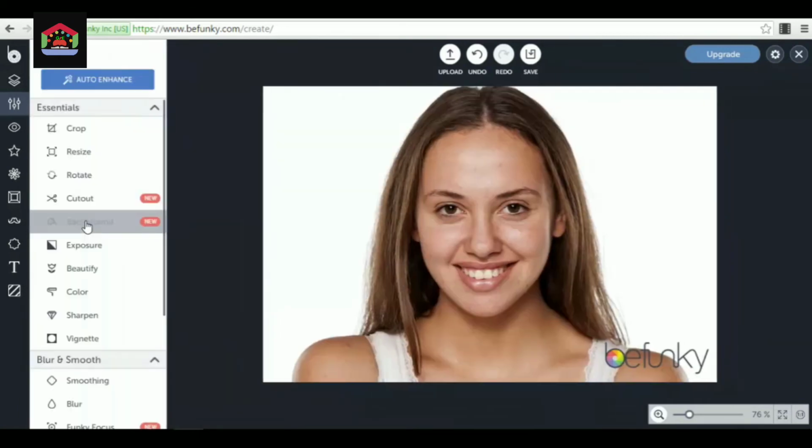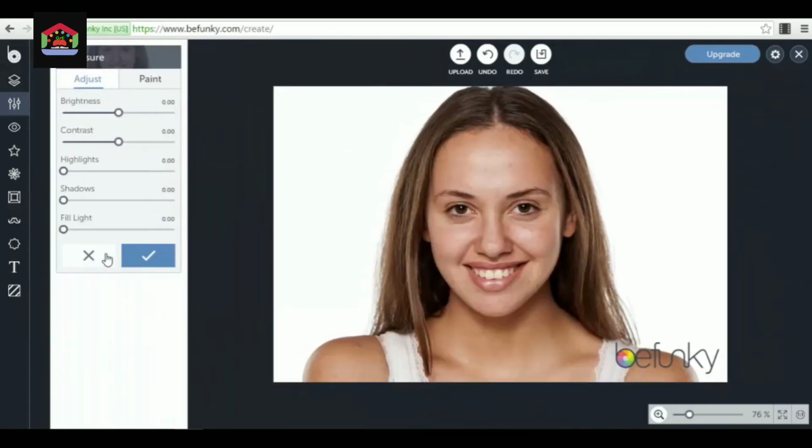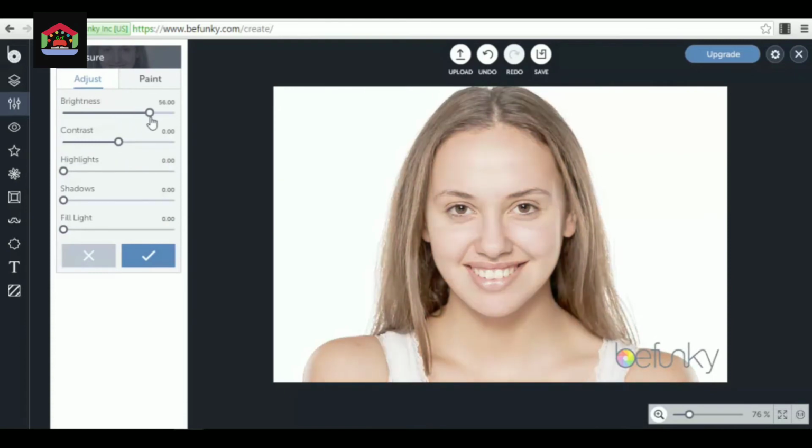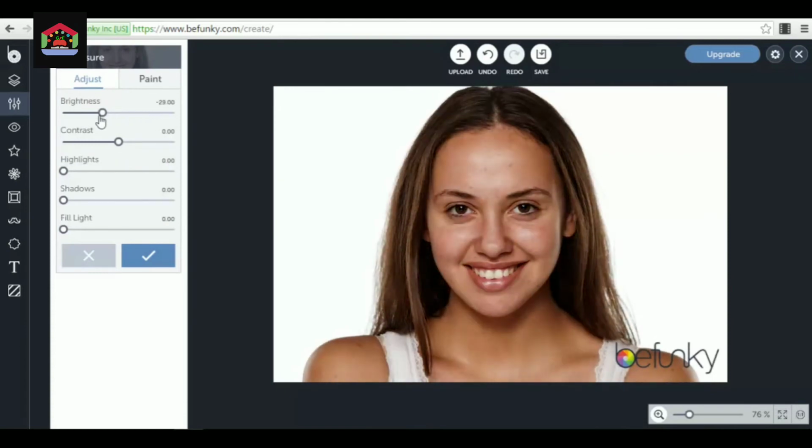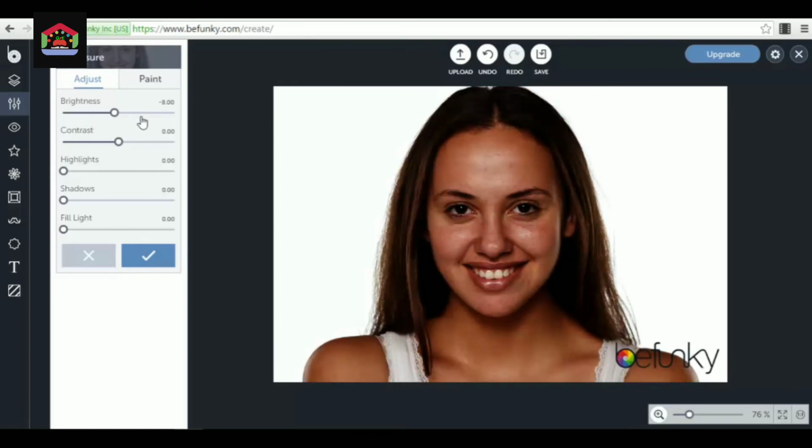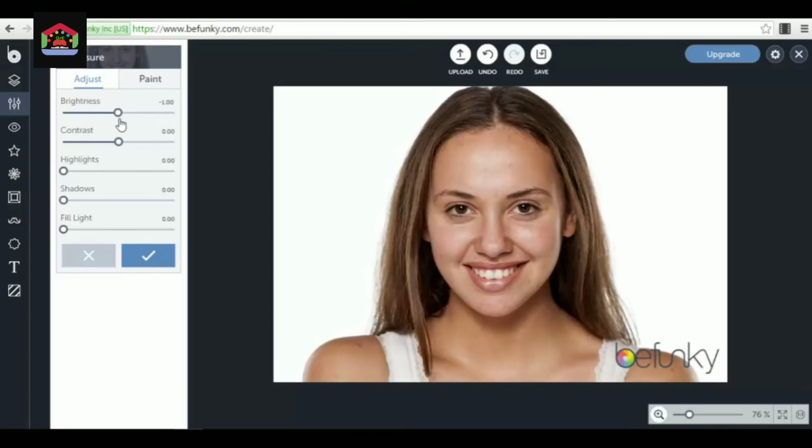Okay, then you can select the exposure. For example, you can tweak the brightness of the photo, as you can see right now. You can make it look darker, you can make it look brighter. You can then play with the contrast. For example, in my personal opinion, photos that have a higher contrast look more vivid. They have more vivid colors and they inspire you more. But that's my personal opinion.